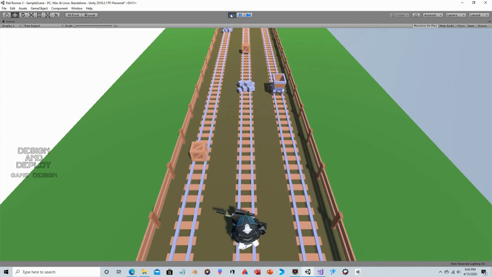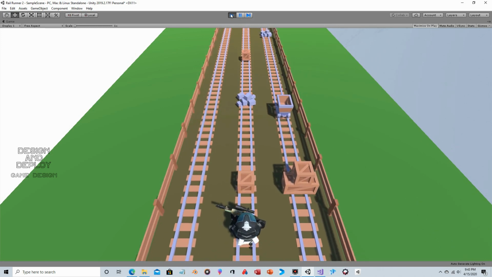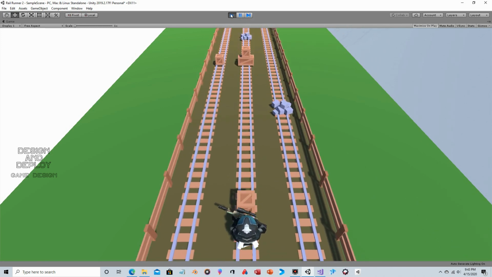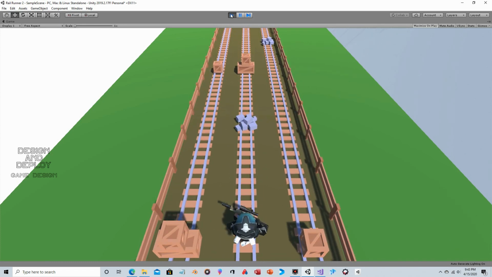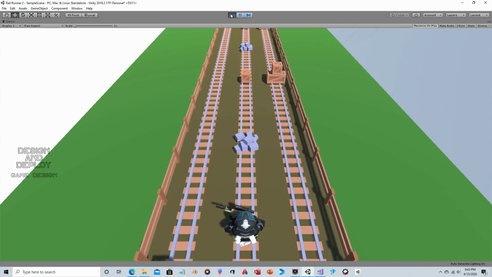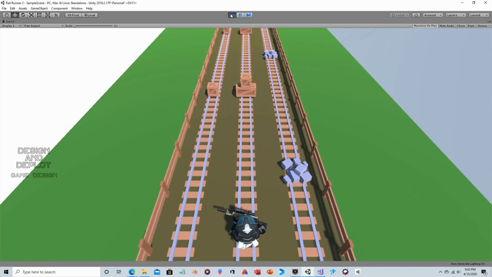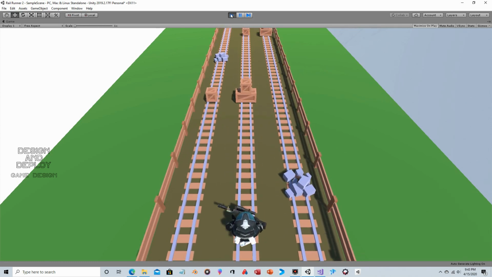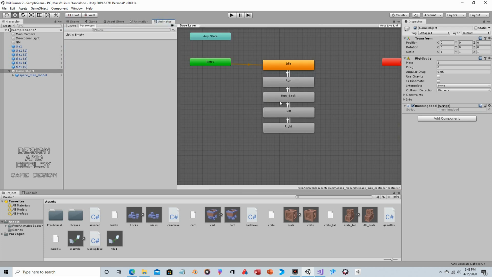Again, this is the problem when you use a pre-existing model. You have to look for little anomalies like that. The designer might have put something in there for some reason, and then you have to override it. This is one of the reasons why I try not to use pre-existing assets because of this. So if you were designing this from scratch, it wouldn't be an issue. But I suspect that in the animator, there might be something that's causing